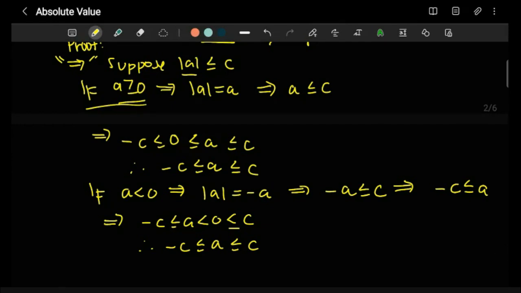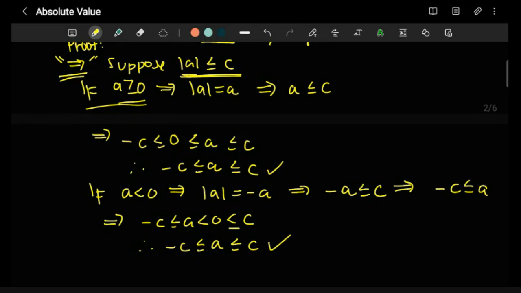So in this case, if we assume that the absolute value of A is less than or equal to C, in either case, when A is positive or when A is 0, or when A is less than 0, we always get the same inequality. So we're done with the necessary condition, the if-then condition. Okay. So now let's look at